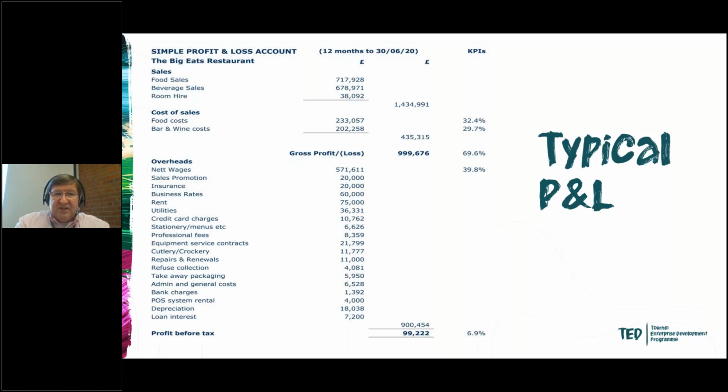Cost of sales, you can see food cost of sales, bar and wine cost of sales, and there is our little KPI on the right hand side there in terms of our cost of sales ratios. That gives us our gross profit of just under £1 million in this case, which is just shy of 70% of our turnover. We've got our wages cost there,